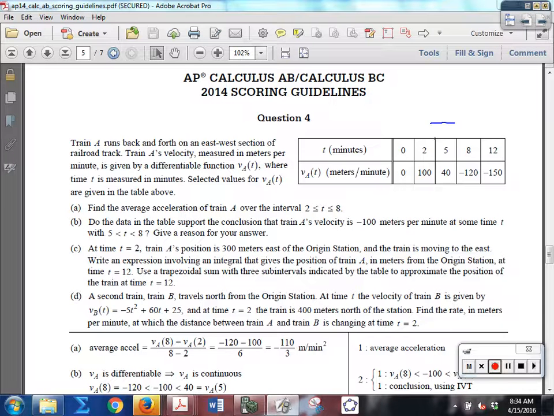This change right here was 3, and then the trapezoid, well actually, doesn't go with this, it should be going down. Sorry, I guess I'll do it this way. This was 100 and this was 40. So you have 1/2 times 3, and then